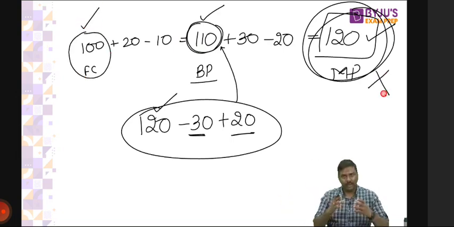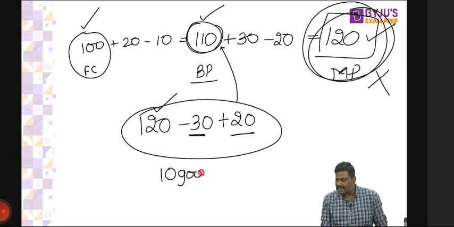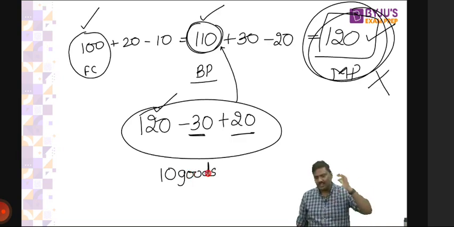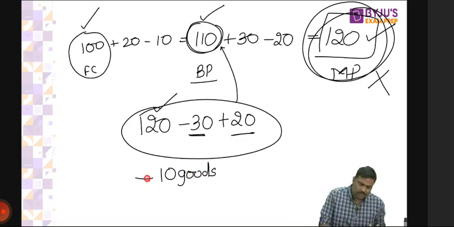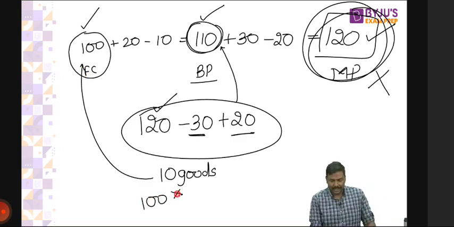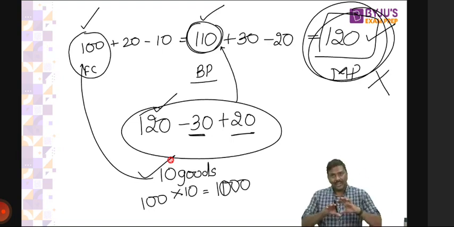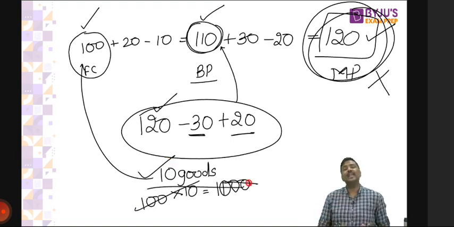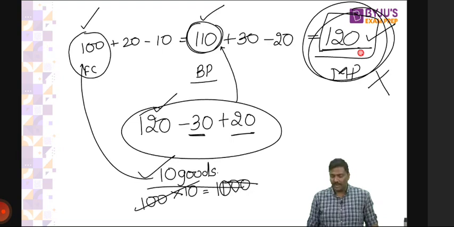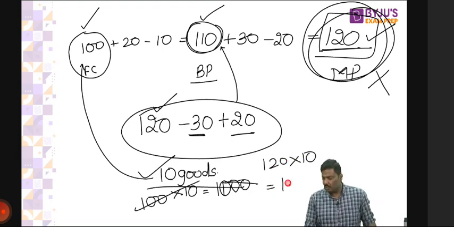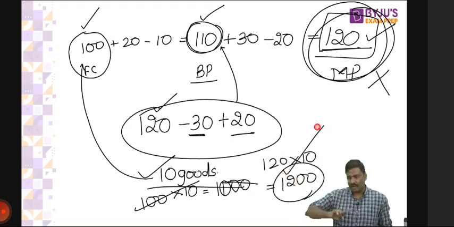Meaning what? Imagine 10 goods are produced in India and sold. I'll take a simple example. Earlier, we used to calculate GDP like this: 100 into 10, so the GDP will be 1000 rupees. This was how GDP was calculated earlier using factor cost. Now we are not calculating GDP like this. Now, for the same 10 goods, the market price is 120, so it will be 120 into 10, 1200. This is the GDP calculation now. I hope you understand all these concepts now.